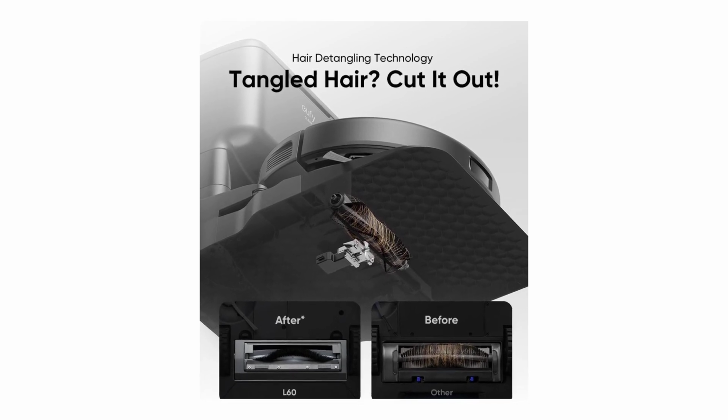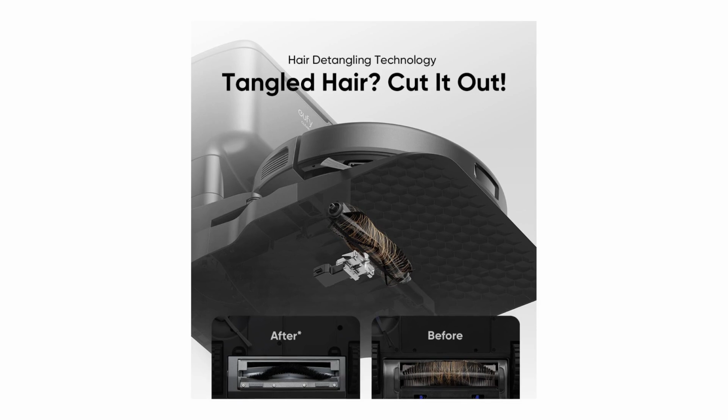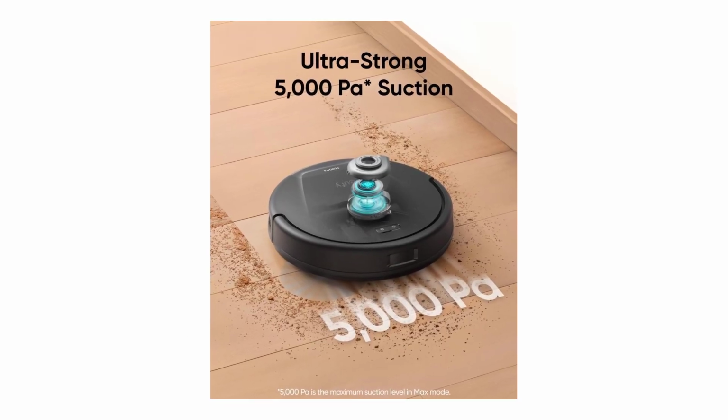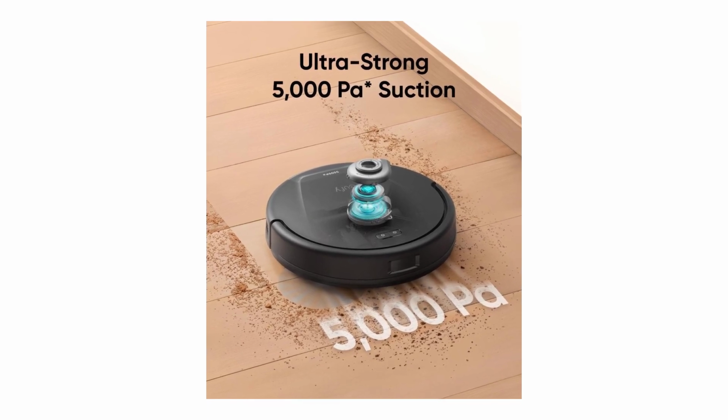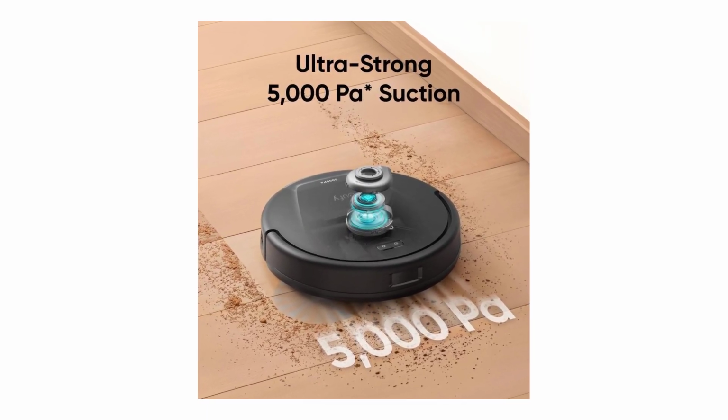Hair detangling technology is another standout feature, slicing through hair wrapped around the roller brush, making it an ideal choice for pet owners. In terms of design, the eufy L60 is sleek and modern, with a black finish that easily blends into any home